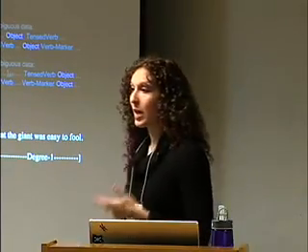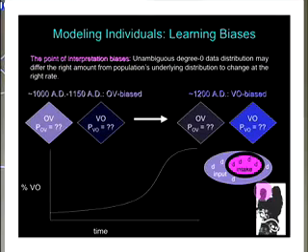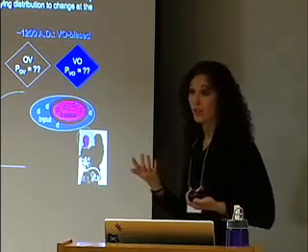And so one of the things that I'm going to play with later is what happens when you impose these biases and what happens when you take them away within the learning model, within the population model. The point of these two biases is to have this difference between the input set that the speakers of the population are generating and the actual intake set that the learners are using to learn from, to have a different distribution in that.